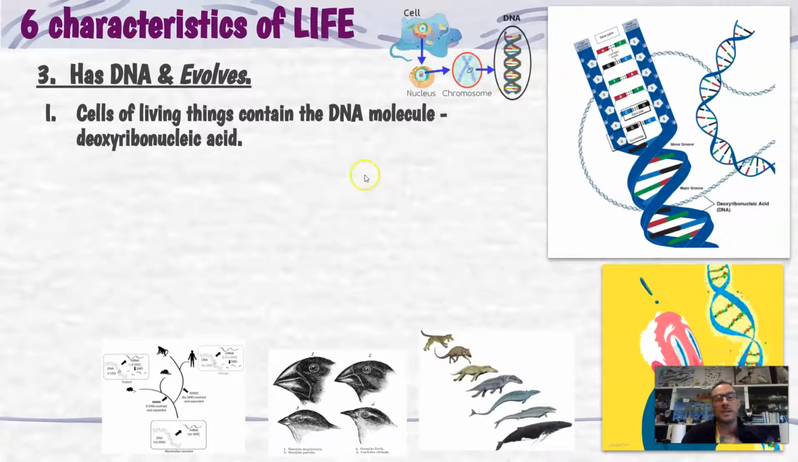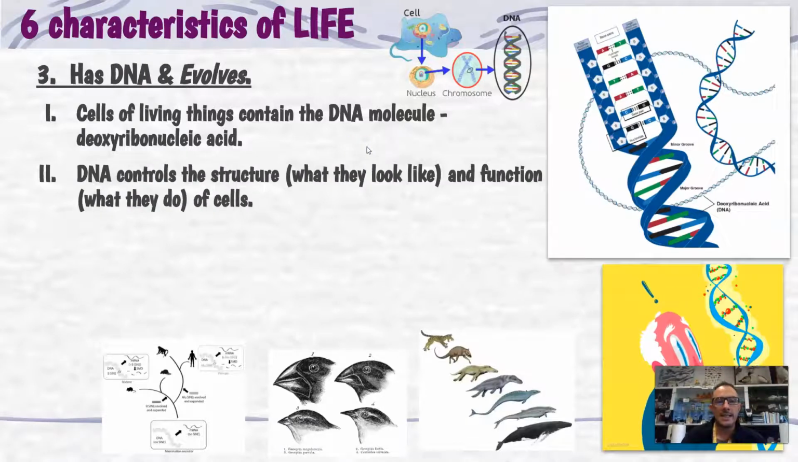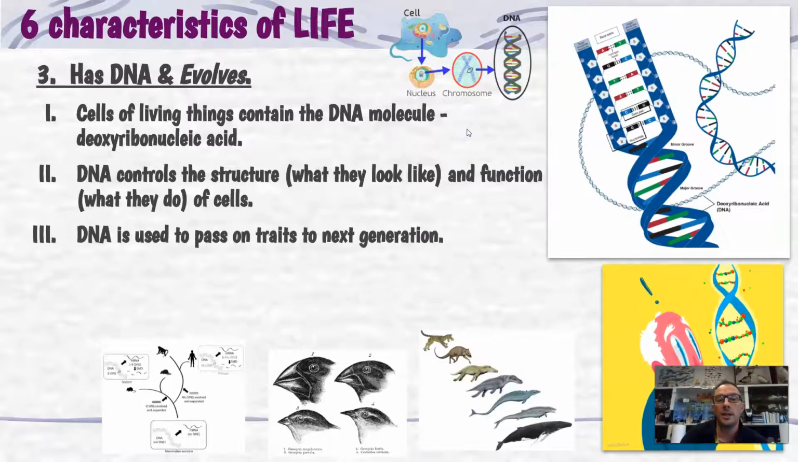So the cells of living things contain the DNA molecule, deoxyribonucleic acid. We'll learn about that next. And DNA controls the structure, what cells look like, and the function, what they do, of cells. So DNA really is the instruction, the computer inside of all cells that tells them what to do and what to be and how to do it and all of that. It is the brain. And DNA is also used to pass on traits to the next generation to make new cells. So it's essential to life, and all living things here on Earth have DNA in some form or another,